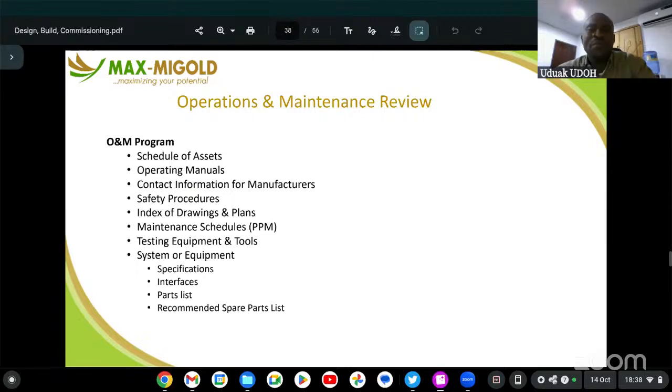So basically, this operational maintenance manual is a compilation of what the end users or the guys in charge should use to operate and maintain that particular system. So when there's a breakdown, when there's an issue, he knows you need to replace. For instance, if it's an AC and the condenser is bad, he knows, okay, how many do we have in stock? We have like five that were given after the handover, and okay, I'll need to replace one compressor from the